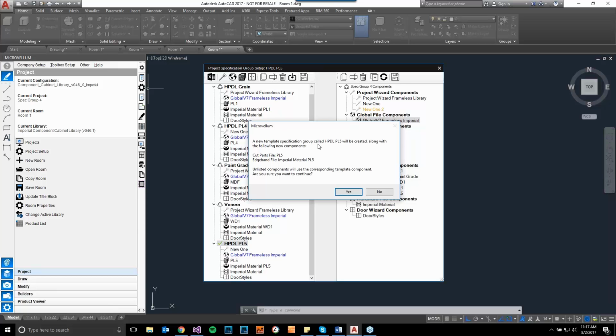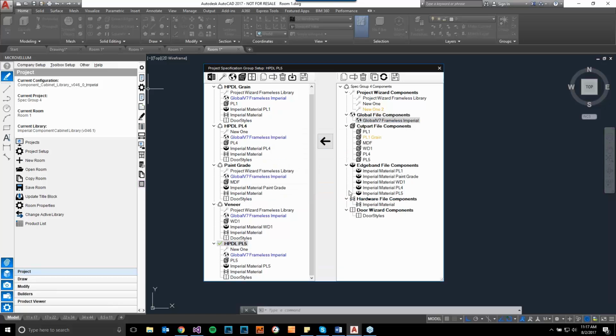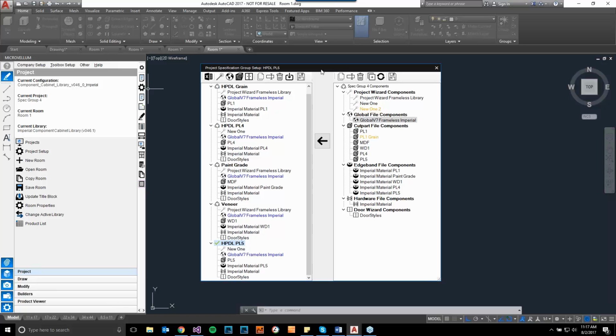So it let us know that we didn't have a template component called HPDL PL5, and so that's going to get created into our template. Along with that, we didn't have a cut parts file named PL5 and an edge band named PL5, so it's going to create those as well. Anything that isn't listed here is just going to use the standard template components that were assigned to it, so it's going to use the existing global template file. So let's go ahead and save that, and let's actually take a look in the